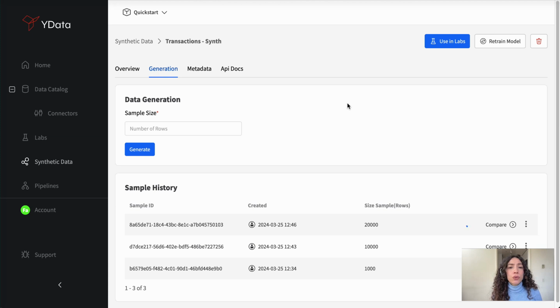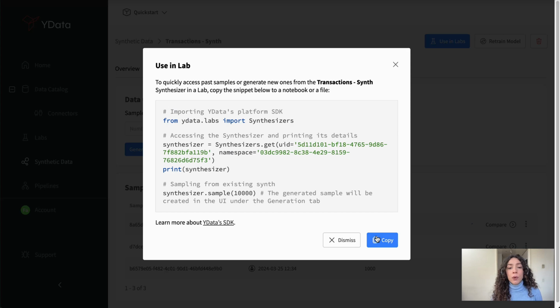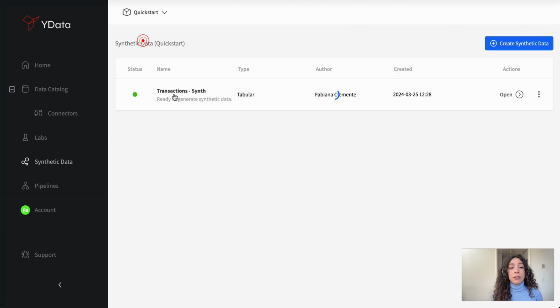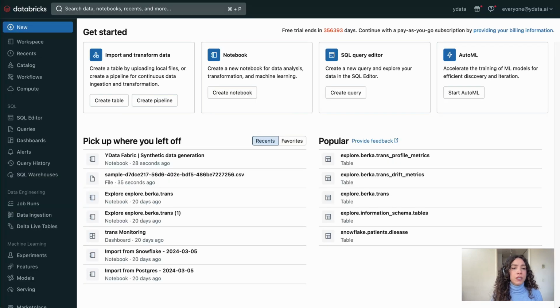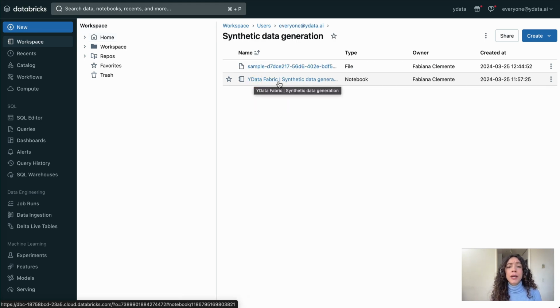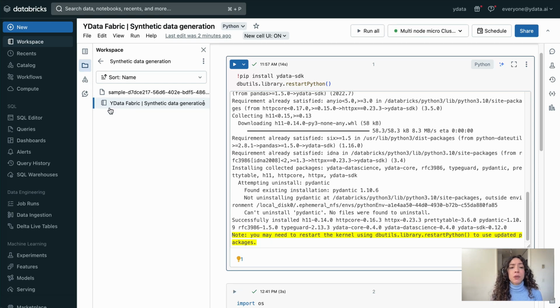To do that, you need to ensure that you copy this code snippet, or that you have, for example, the ID of your synthetic data generator copied as well, in case you have a recipe notebook already in your Databricks environment, as I do. So let's jump into Databricks. For that, I'm going to join my workspace, and inside my workspace, I already have a folder dedicated to synthetic data generation. As soon as I open, I have here my YData Fabric